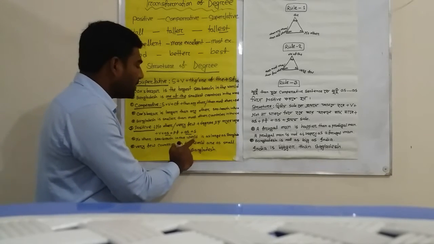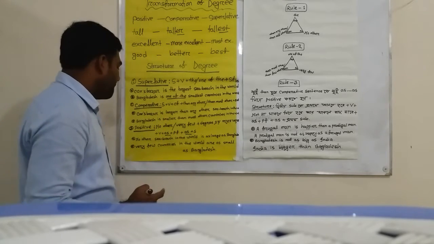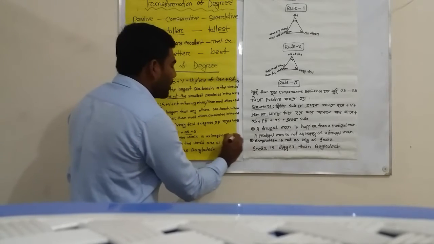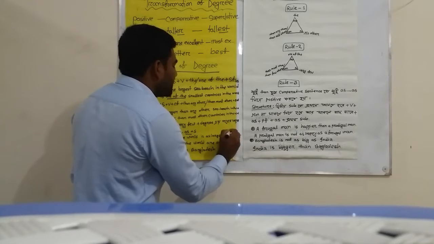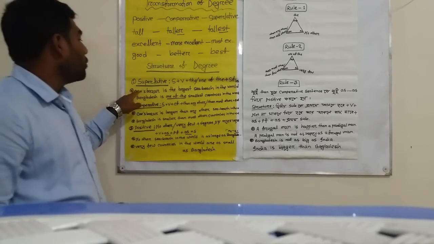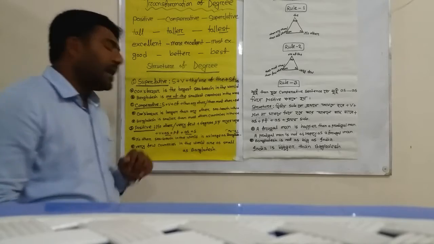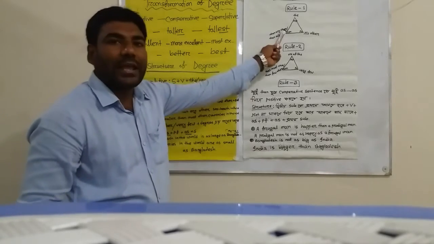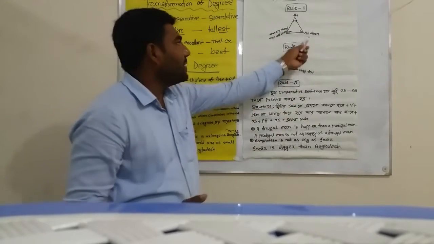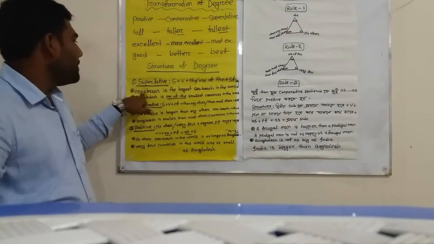In the next we see, for example, no other sea beach in the world is as large as Cox's Bazar. It comes from rule 1. How can you identify that it comes from rule 1? You have to follow this triangle. No other, is it in rule 1 or rule 2? Of course, this comes from rule 1. Since we have no other here, if we want to make this sentence,